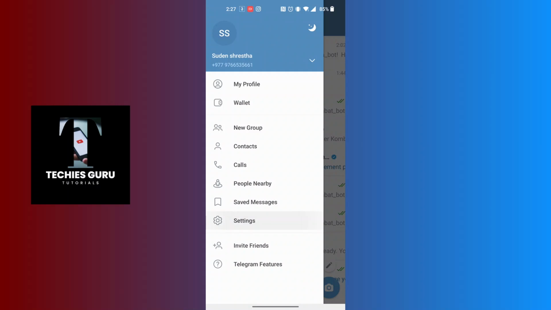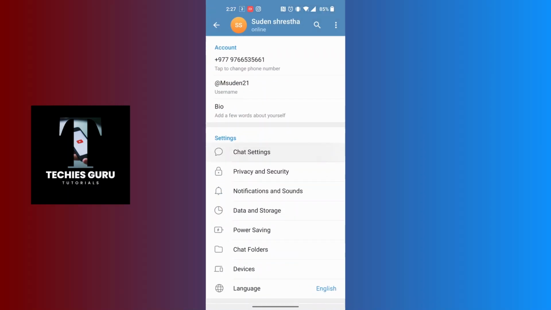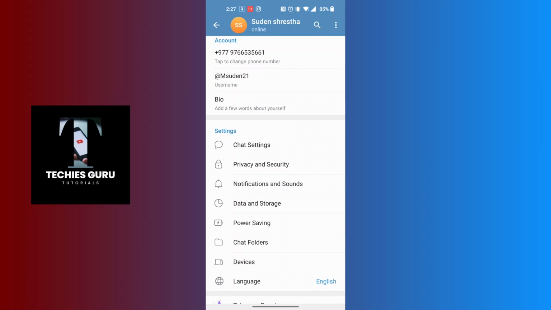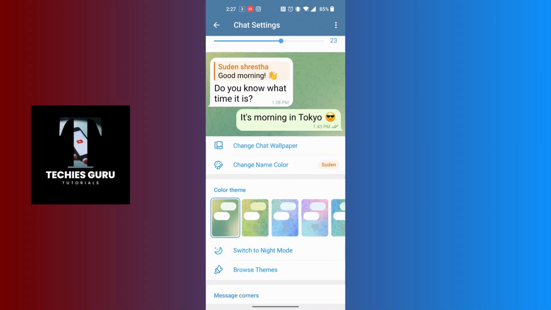Tap on settings, and again over here scroll down a little bit, you can see there's the chat settings available for us just above the privacy and security. Tap on chat settings, and over here again you can find the switch to night mode option available for us